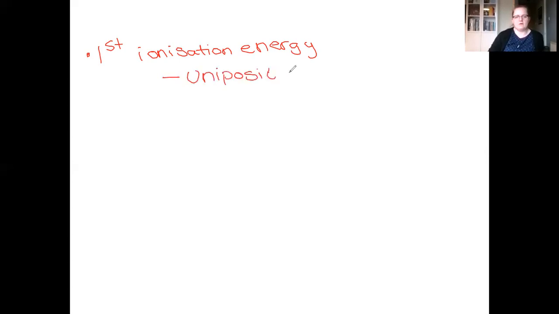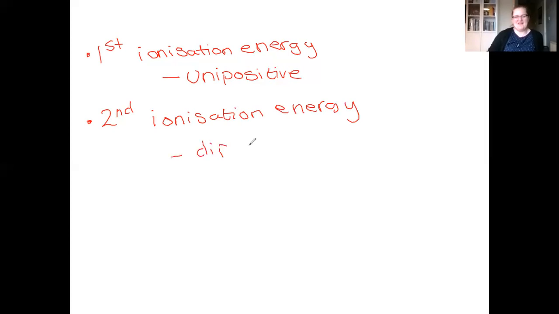The only other last little bit to tell you about here is ionization energies. The first ionization energy produces a unipositive ion. The first ionization energy creates a unipositive ion, which means it has a +1 charge. Therefore, our second ionization energy creates a dipositive ion. We've got these prefixes again that we were talking about in biology: uni, di, and as you can probably guess, the third ionization energy